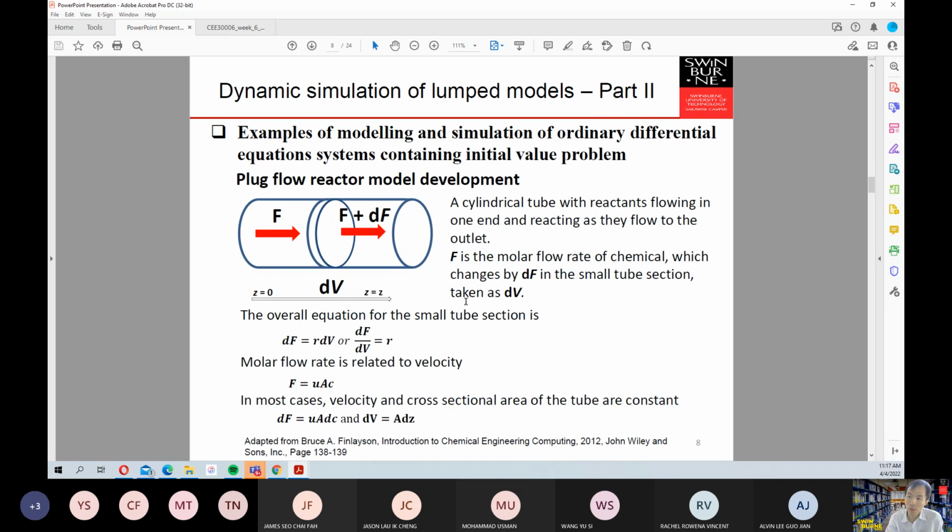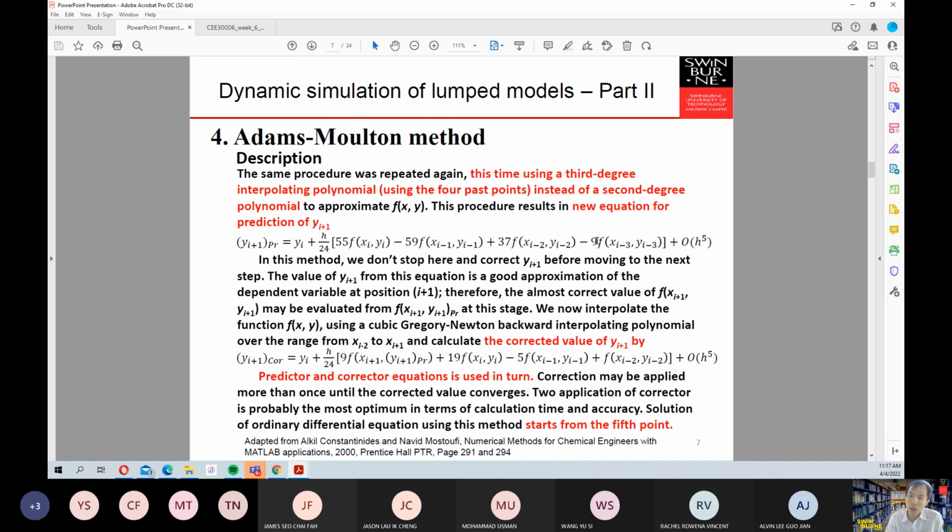No, you will get this one, Adams method, sorry. Note that because you are using a third order, meaning your error will become even lower again. But you need to find another additional point again, which is yi minus 3 at xi minus 3.